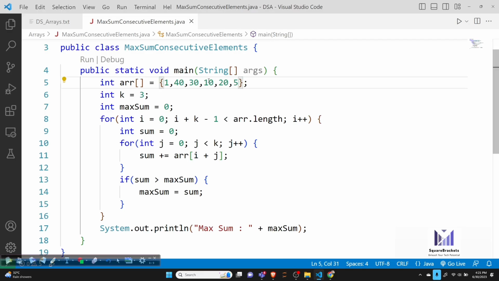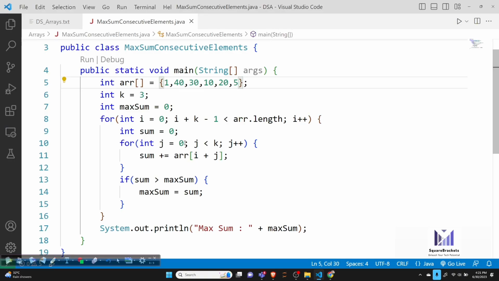Okay. Now inside this, I have written sum of array i plus j. I plus j means i will be 0, j will be 0 initially. Then j will be incremented to 1. So it becomes 1 plus 40 plus 30. This is what will happen. So initially it becomes 71. Now in the next iteration, when i becomes 1, j will restart from 0. j is going to start from 0 again.